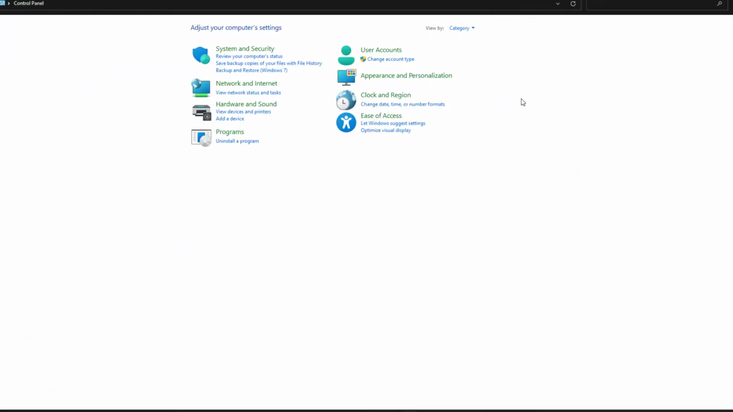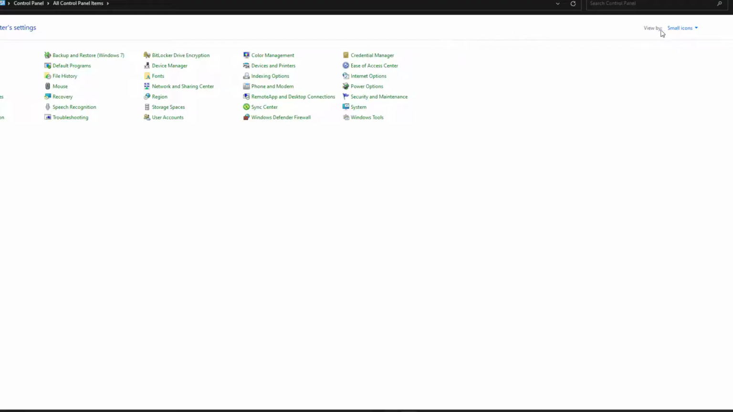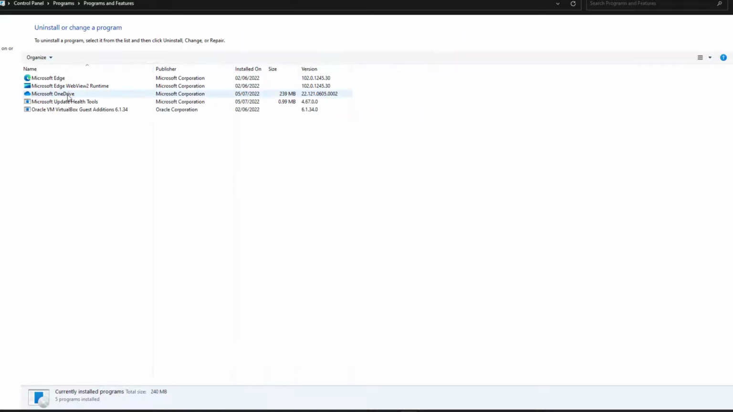The window you see here may be slightly different for you. If it is, go to the top right and change View By to Category and then click on the Uninstall a program. In this window, you can select the application that you want to remove by clicking on it and